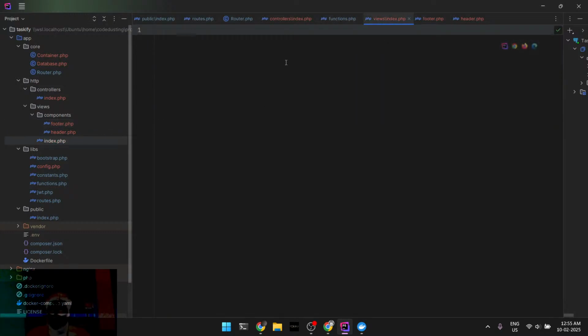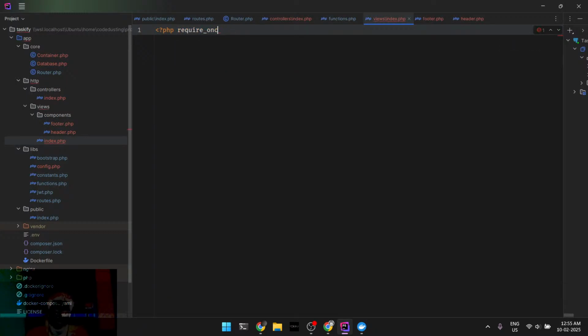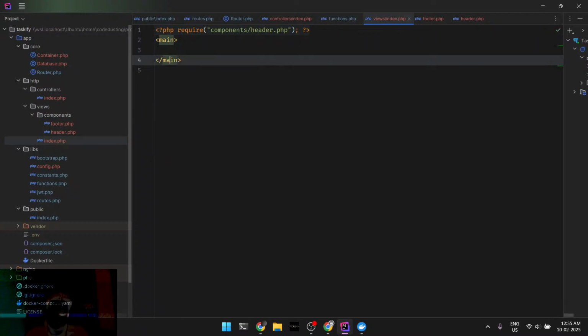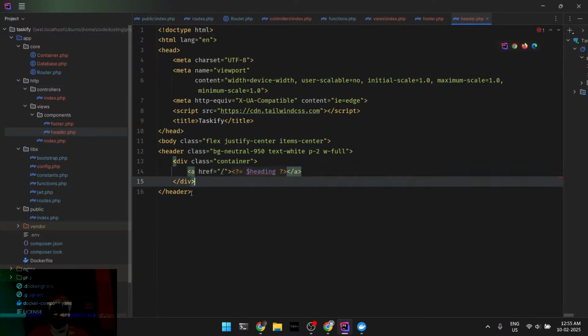Then inside this index, I will have PHP require once, let's say this will be components slash header, and then there will be a main file, main within that, and then there will be require components slash footer, like so. And this header will also have, after this container,